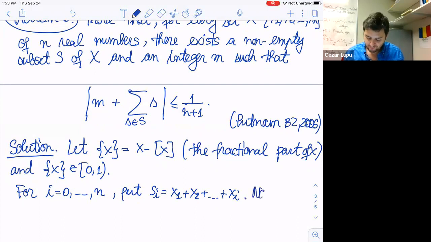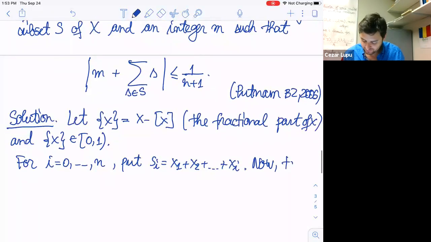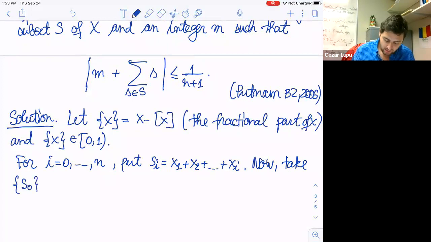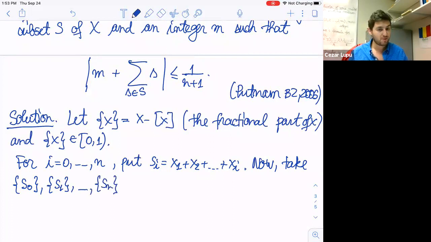So now take the fractional part of these numbers s_i. So the fractional part of s_0, the fractional part of s_1, and we're going all the way to the fractional part of s_n. And keep in mind that there are n plus 1 of them, and they belong to the interval [0, 1). But I don't know what the order is between them. I don't know if the fractional part of s_0 is less or greater than the fractional part of s_1. So I need to sort them somehow. So what I'm going to do is sort them,